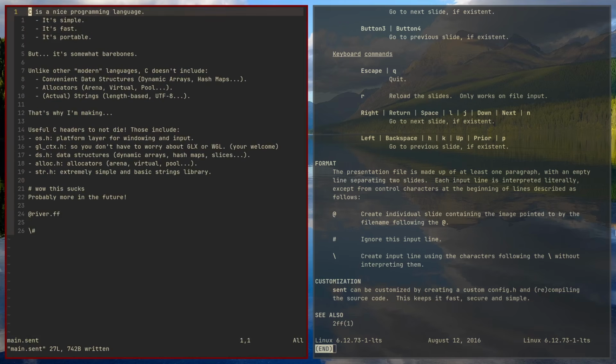And that's literally it. Each paragraph is its own slide. These are comments. You can display images. You can also display these characters right here, these two, using the backslash. So it's basically just C's printf or whatever. That is about it. So yeah,